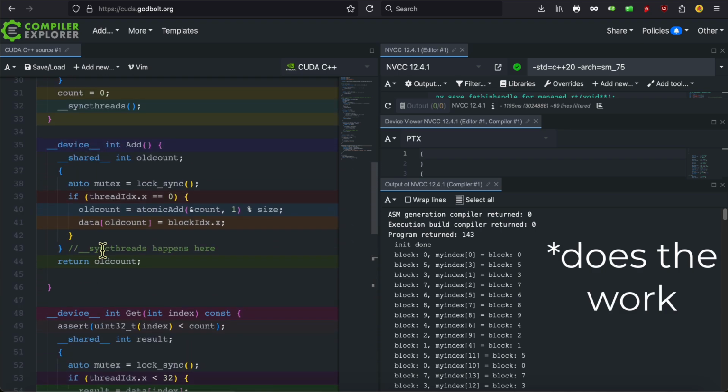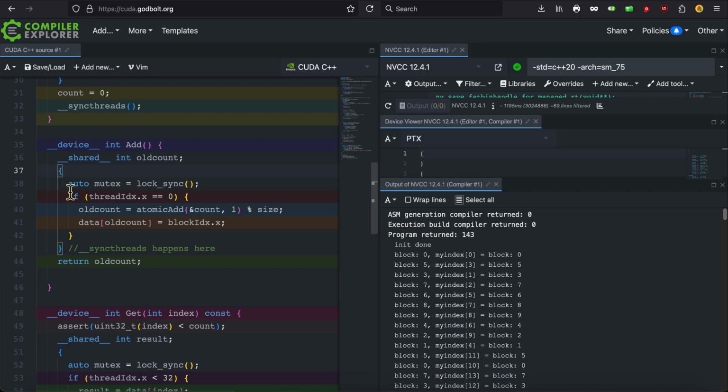So within your really complicated data structure, start a scope when you need to actually lock the thing, and release that scope as soon as you no longer need your data to be locked. It's important to have the lock live as short as possible, because all that while your lock is held on your cache, no other block in your GPU can actually access that resource. So you want this time to be short. And because the lock needs to synchronize the threads, you might as well take advantage of that.